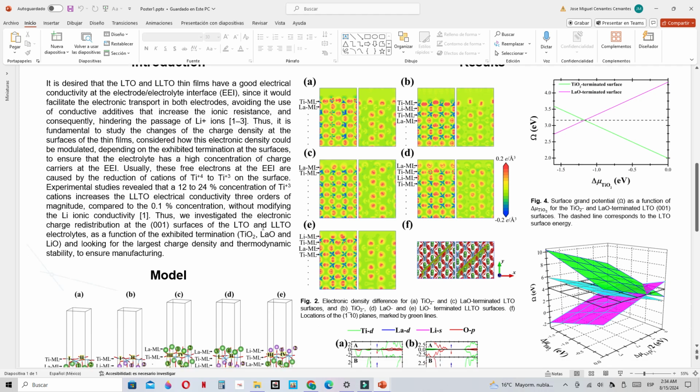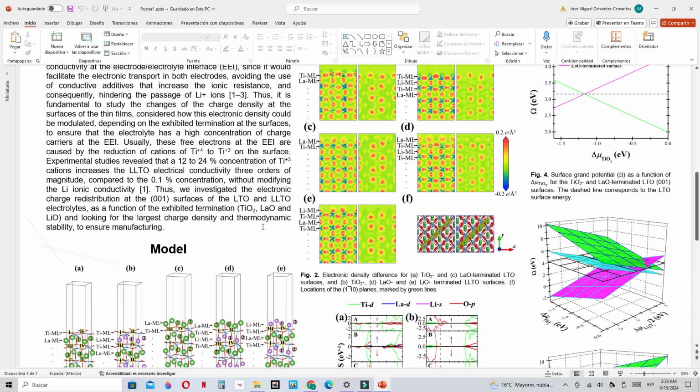Experimental studies revealed that the 12 and 24% concentration of the titanium plus 3 cations increases the LTO electrical conductivity by 3 orders of magnitude compared to the 0.1% concentration without modifying the lithium ion conductivity. Thus, we investigate the electronic charge